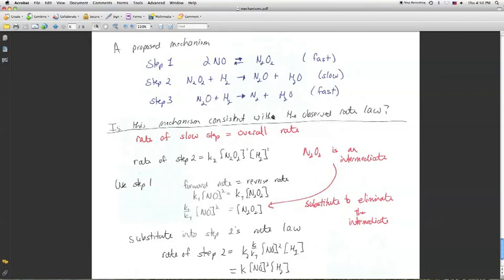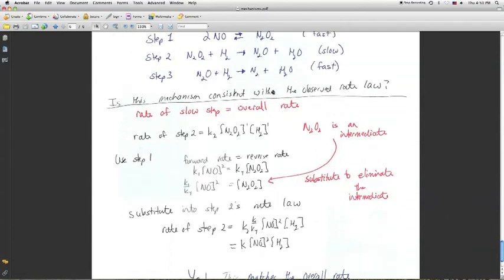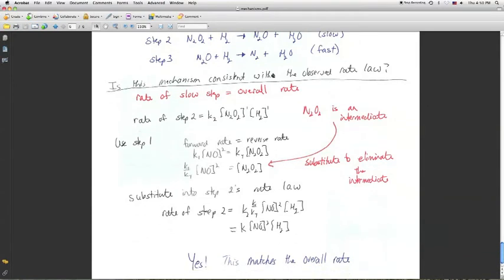Similar to the other problem, I can do a little algebra here and solve for N2O2, and I get this expression right here. If I take that expression and substitute it into this rate law, I'll get something that looks kind of like this. Remember that you can just lump all of these k's together into one, and so by the time I get done with this, I have the rate of the slow step says